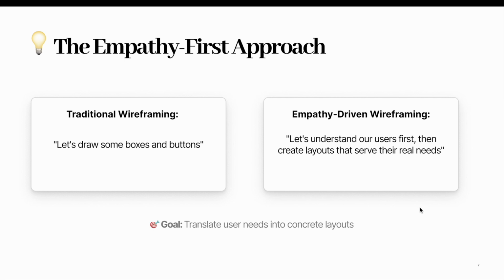Only for that purpose they are doing the wireframe, but that is not the actual thing that we need to follow. We need to follow the entire design process, so that we get the product that will actually satisfy the